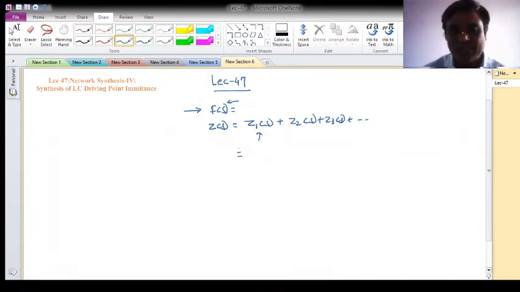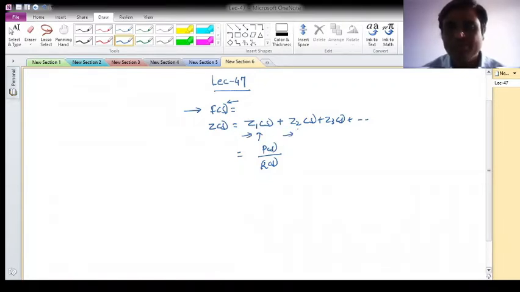But if the impedance is in the form of a polynomial, which is higher order, with a polynomial in the denominator, then we have to think about how we can break up the Z of S into a number of simple impedances. So for that, whatever the polynomial is, I have to check whether it is PRF or not, and once it is PRF, then I can go for breaking it into different impedances, and then I can realize it by the use of series connections.